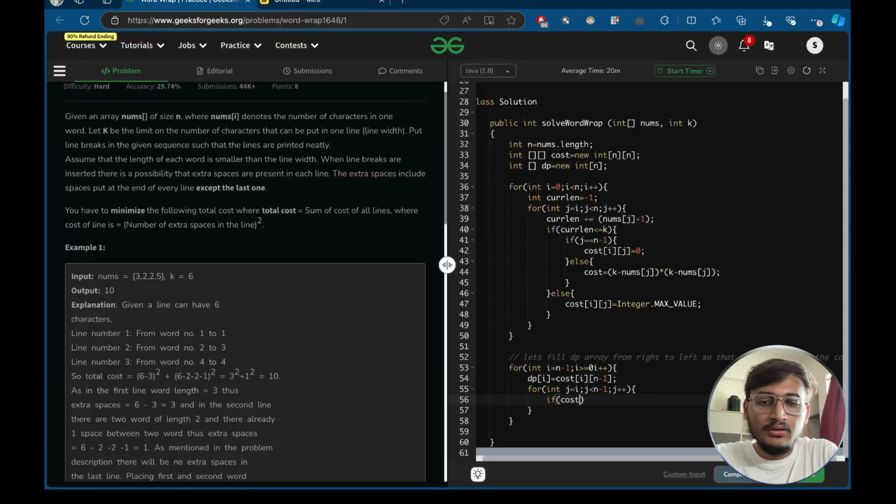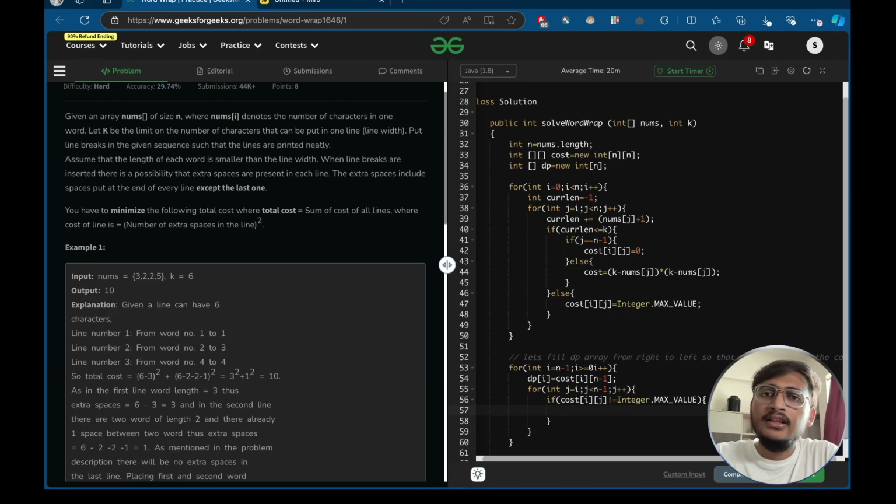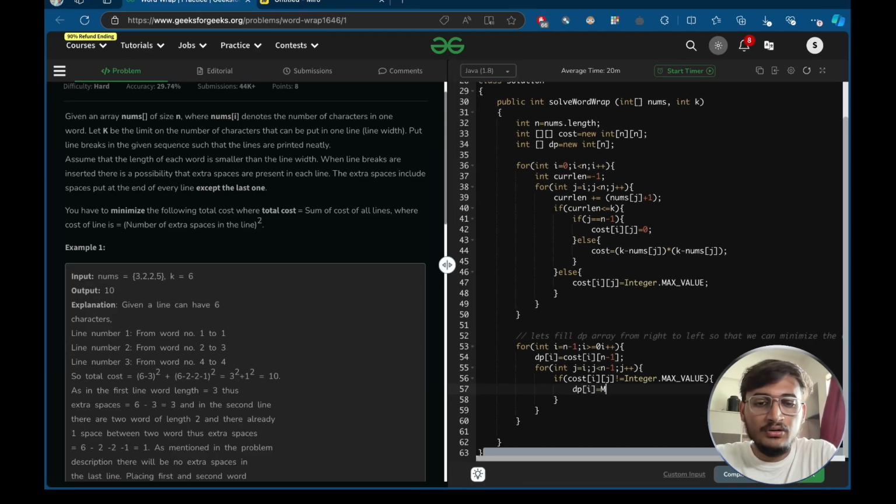So if our cost of I, j does not equal to Integer.MAX_VALUE, only then we have to store the minimum cost in a dp array. So dp[i] will equal Math.min of our current dp value which we already stored here